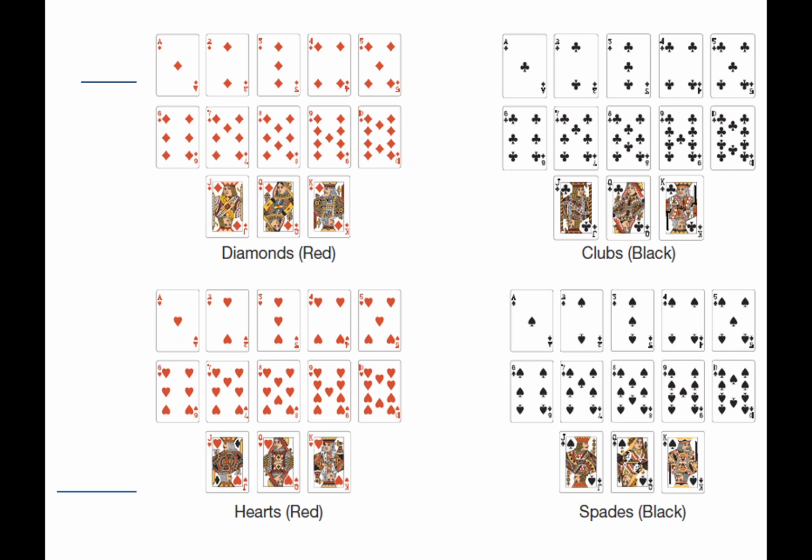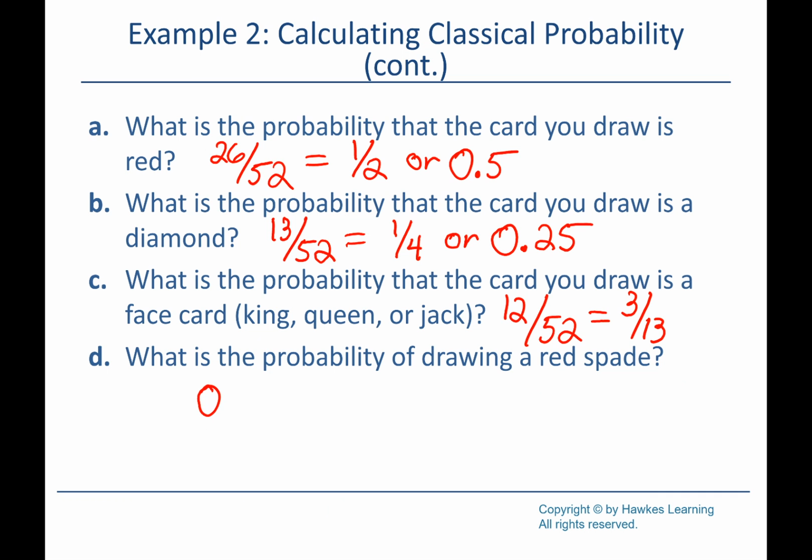because if we look back at our card, these are our spades. How many of these are red? 0, right? Spades are black cards. These are our red cards, hearts and diamonds. Clubs and spades are black. So we don't have any red spades. So what's our probability going to be? 0, yeah. So we would say 0 out of 52, and that's just 0. Okay, so look out for weird stuff like that.